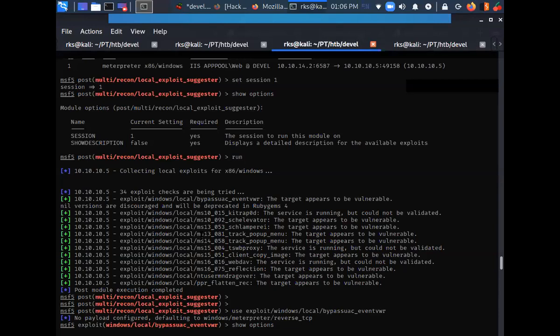Because after this session, throughout the course, you will see I'm doing stuff very smoothly, that I'm able to right away attack something, or I'm able to escalate some privileges. I know the attack vector. This is happening because I know it beforehand. I have been doing it for so long. But when you are going to approach something for the first time, that's why I'm showing you this stuff. If you are doing this for the first time, you do not know what is going to work and what is not going to work.